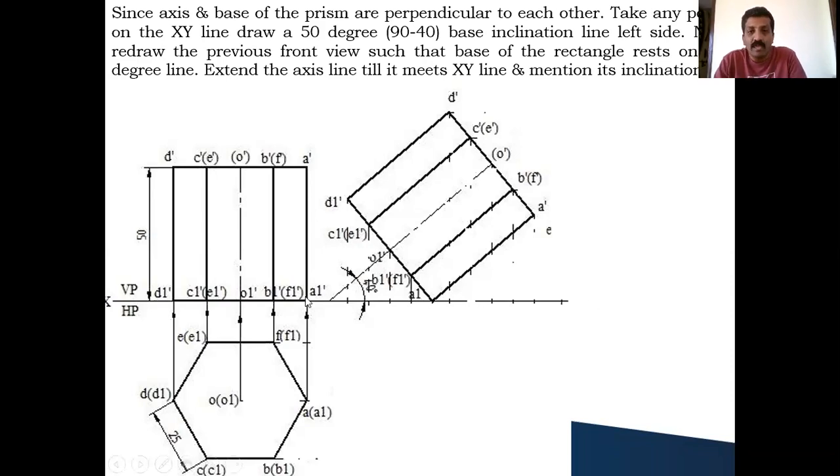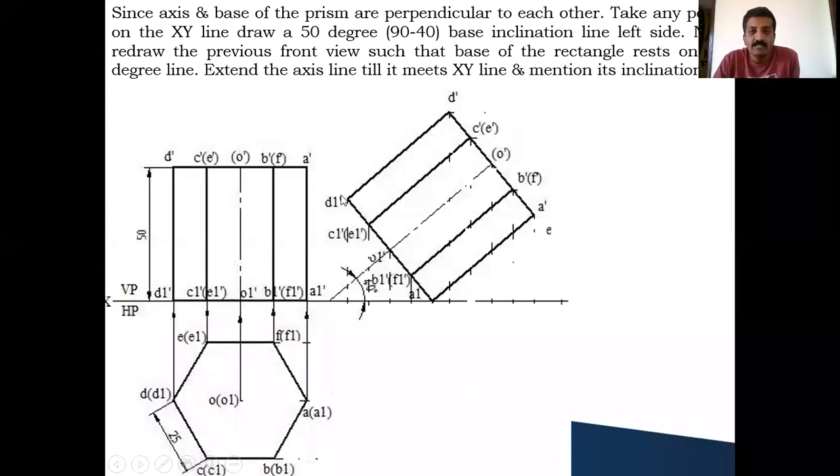So how to do it? The A1 you have taken here. Now A1 dash to D1 dash, this distance you take with the help of your compass. From this as the center, you cut 50 degree line like this. So you join this A1 dash and D1 dash, and after joining this line, you take these corresponding distances and cut it here and mark those points. All the corresponding points you have to mention here. So base is completed.